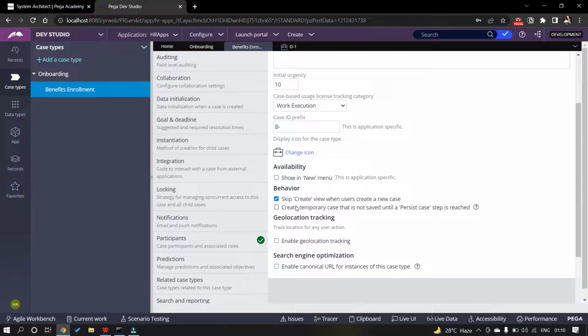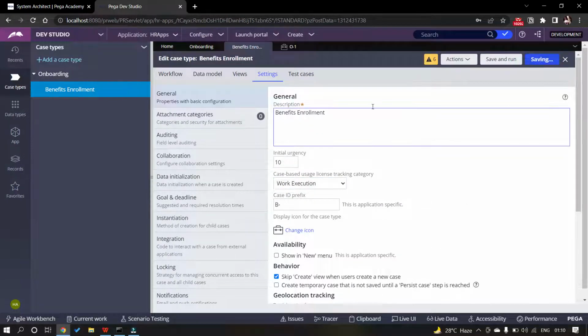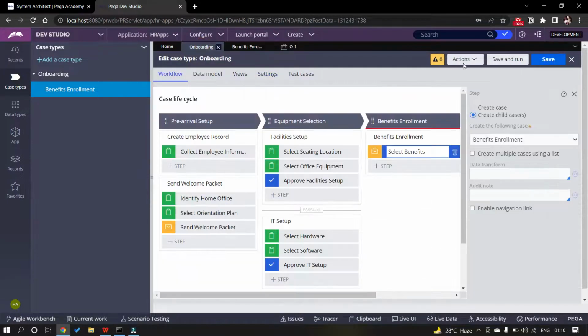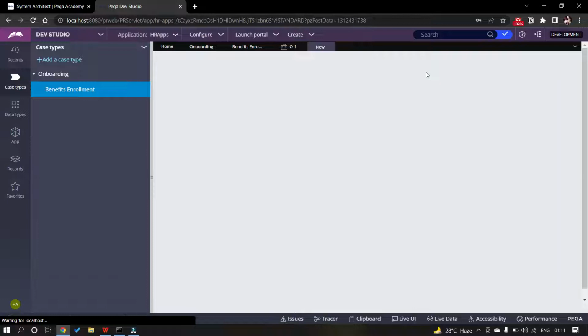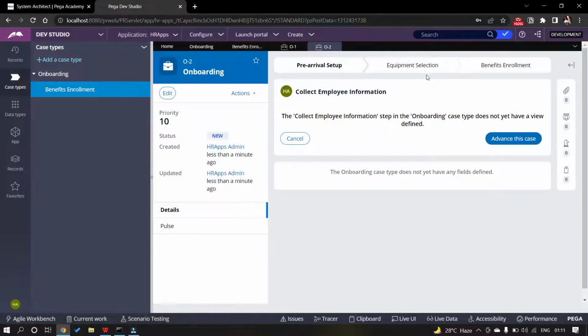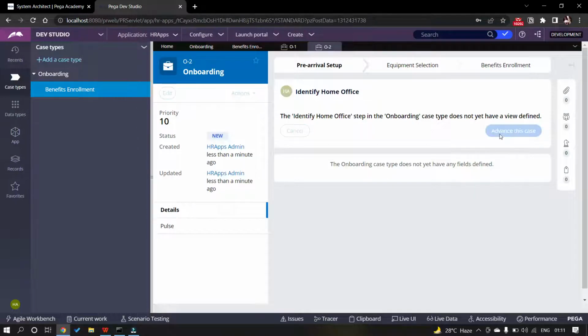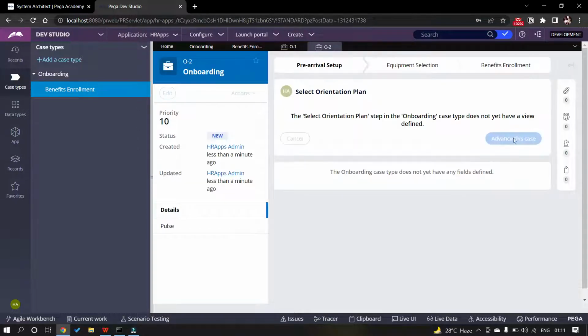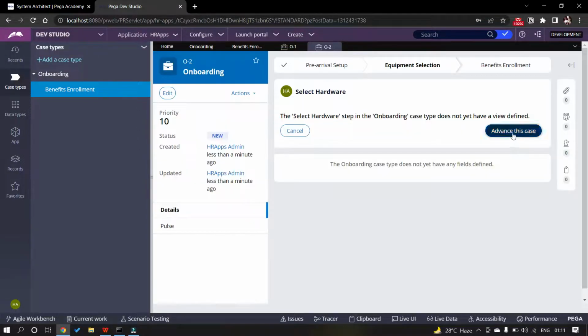So I have unchecked this, and then I'll save it. I'll go back to onboarding, and then I'll save and run again. As you can see, we have 8 settings that we have not created, and still Pega is allowing me to test my application. And thanks to draft mode that Pega has,